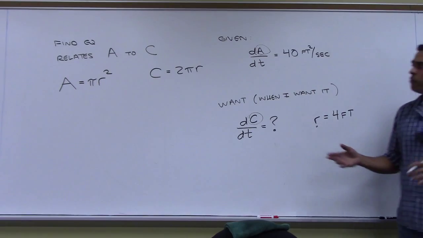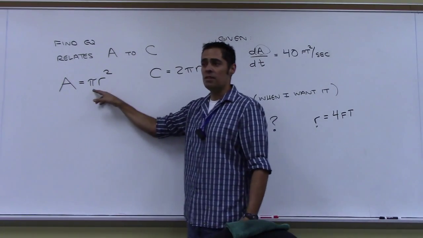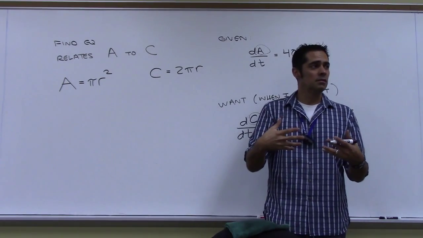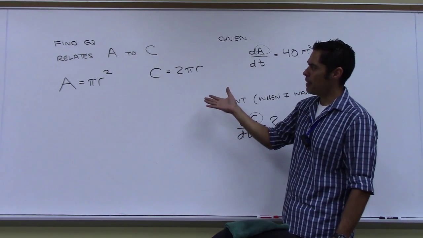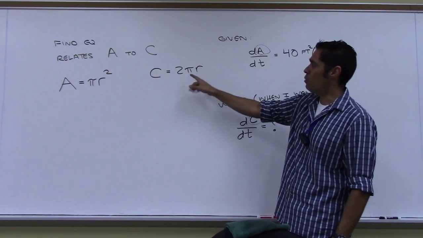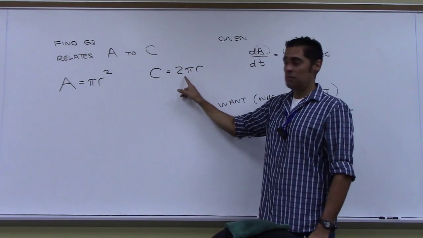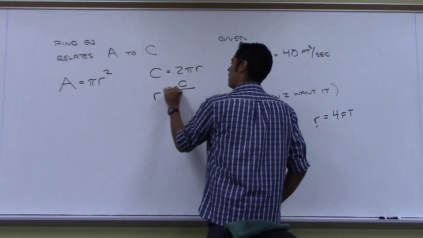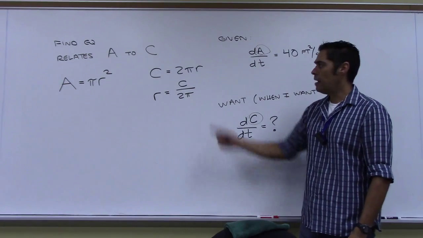So if we solve one of these for r, I can plug it back into the other equation, and then I've related A and C together. The easiest one to solve for r would be this one with the C. Solve that for r, and you get r equals C over 2 pi. Then take that